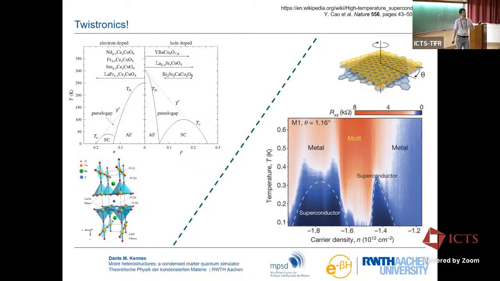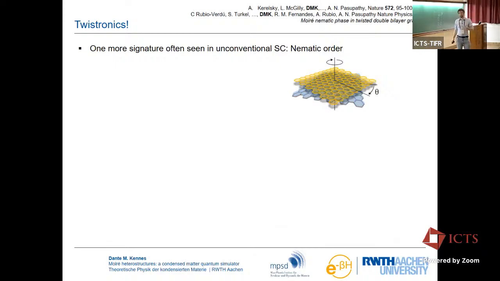It got people really excited because the hope was initially that we can maybe understand this in a chemically much simpler compound involving only carbon. So that was one of the big pushes to the field. Whether this will turn out to be true in the end is, I think, doubtful, because we heard, for example, all of these beautiful topology effects playing a role in this part, making the physics more rich.